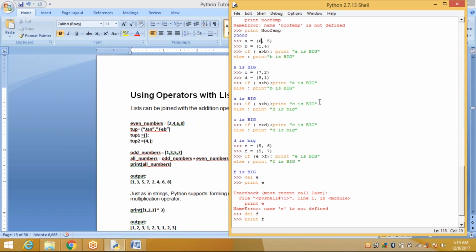If you want to delete it, you can delete the entire tuple. Why? Because tuples are immutable. That means they cannot be changed or removed. Immutable means like a constant. You cannot change the individual values.